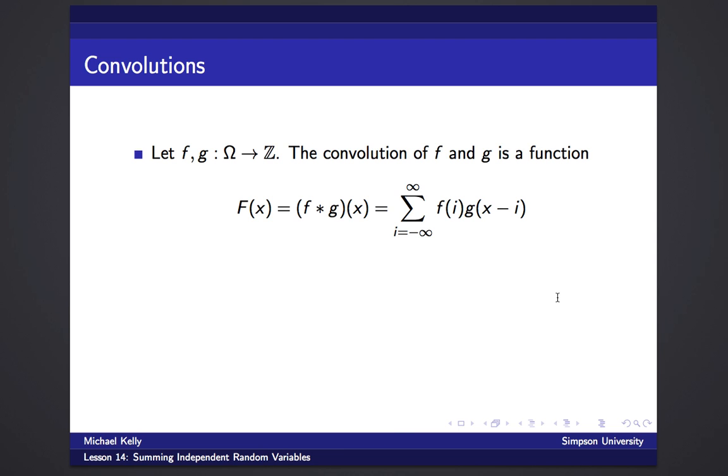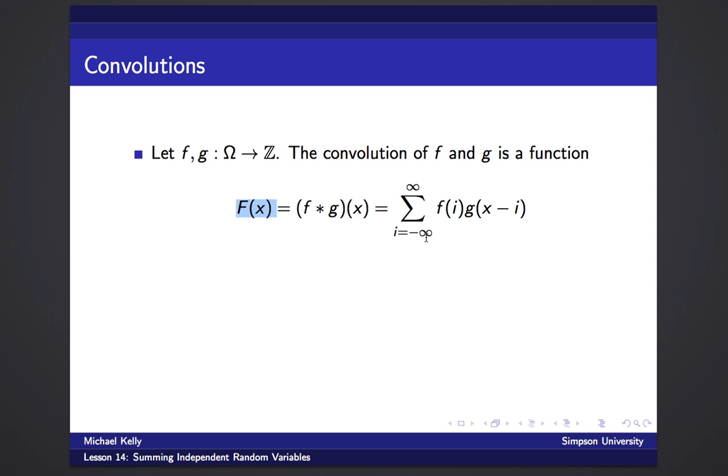Okay, so one other concept we're going to need is something that's probably going to be new to most of you. This is called a convolution. Given two functions f and g that map to the integers, the convolution is a new function. It takes two functions and makes a new function, f star g. Sometimes we'll write it as capital F of x. I'm just using this to show you that it is, in fact, a function. And